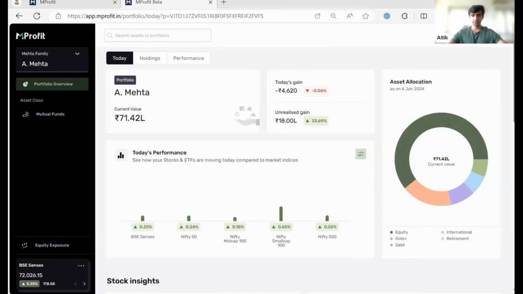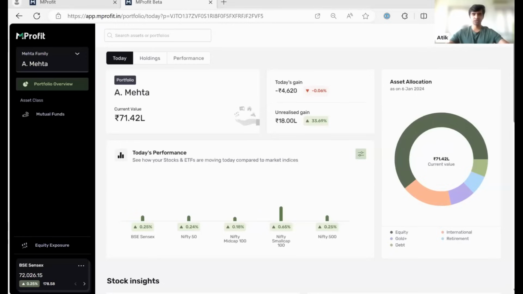MProfit's a technology platform that allows you to manage and track all of your different investments in one place across different asset classes such as stocks, mutual funds, FNO, bonds, real estate, gold, NCDs, and more specialized assets such as private equity, PMS, and AIF as well. And we also support a variety of different integrations with brokers, PMS houses, and other financial institutions that make the onboarding and import of data fairly seamless and automated.